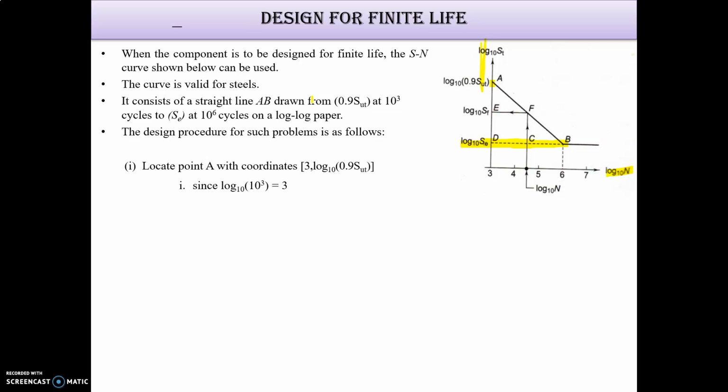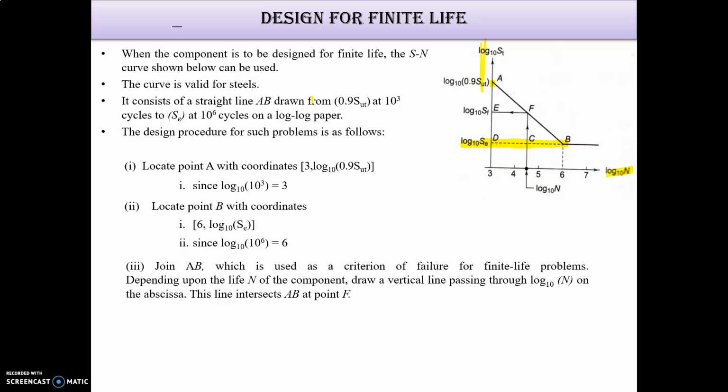Now the design procedure for such a problem is as follows. Firstly, locate a point A with coordinates 3, log to the base 10 of 0.9 Sut. Then locate point B, as I told you, at 10 to the power 6 cycles and log to the base 10 of Se, which is shown here. This is log to the base 10 Se and this is 6. Now join this line AB for the finite life problem,